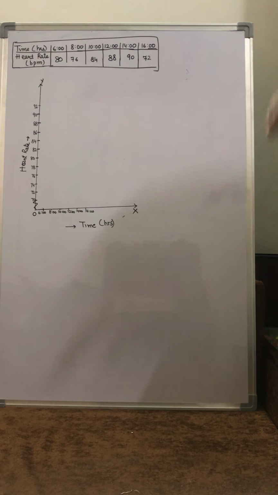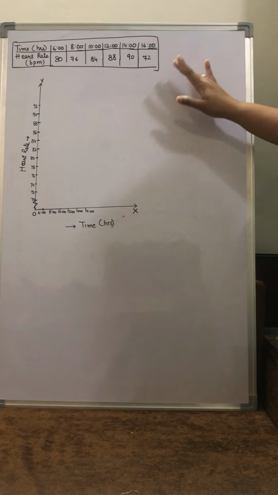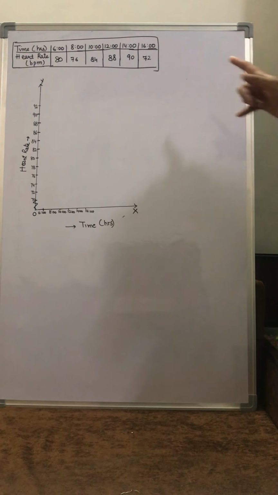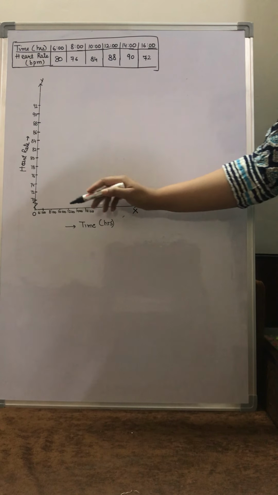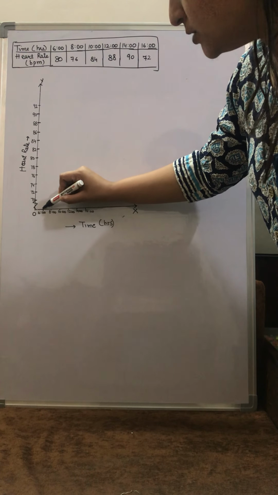Now I will plot it. So my point is, children, wherever you need a kink, you have to draw it. And where will we draw the kink? When a major lower part is not required to us, we are concerned with the upper part of the data. Now 6, the reading is 80. So from 6 I am starting,